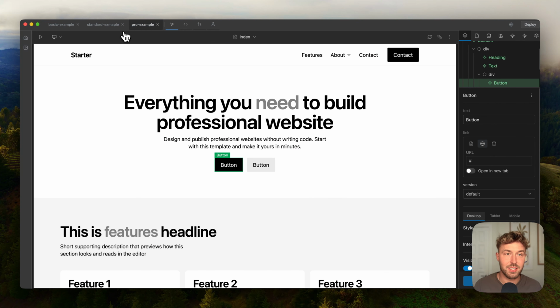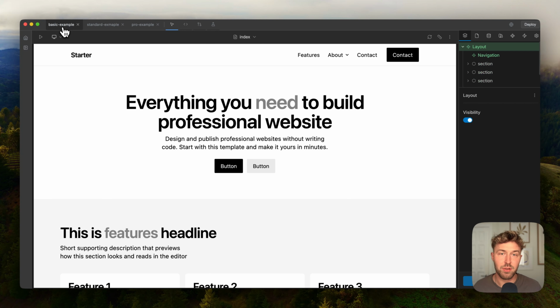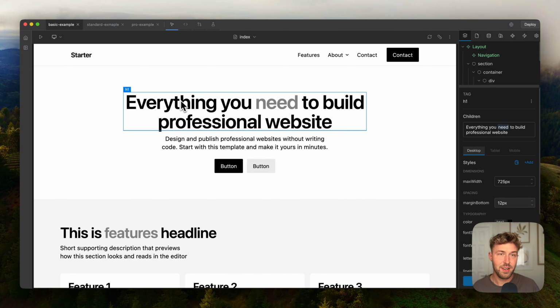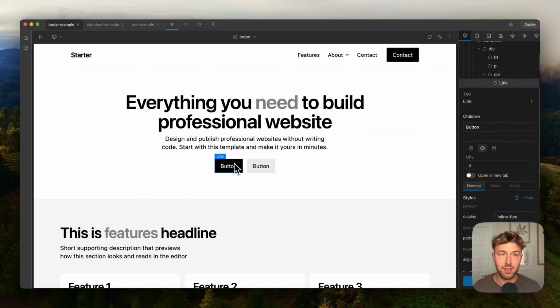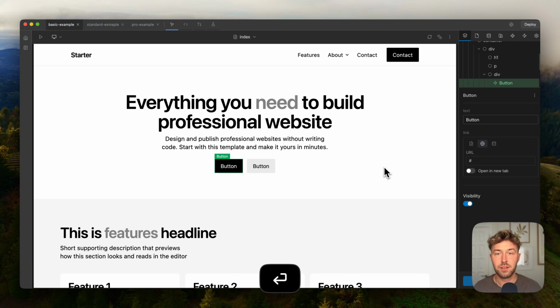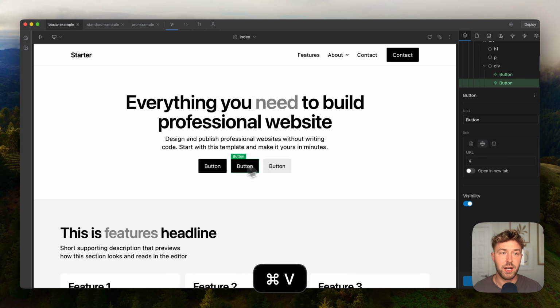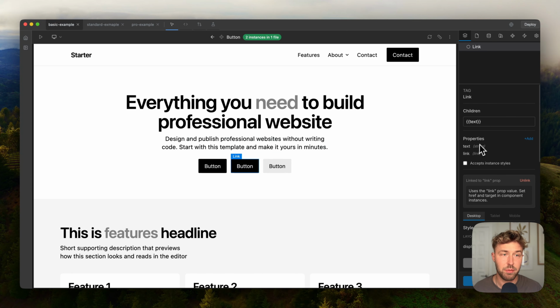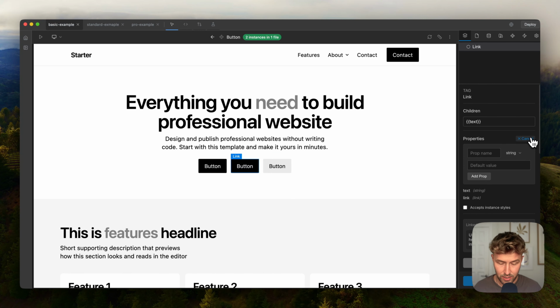And of course you can mix it because you can use variables for heading like here, but for example you would like to have a button which can have a variant default and secondary, so then you can just create this component here. This is very simple. You can just click here and convert to component, then button. You have button like this, and if you would like to add a variant property, then you just click here, add variant, pick select,